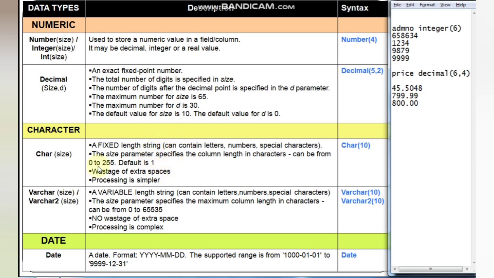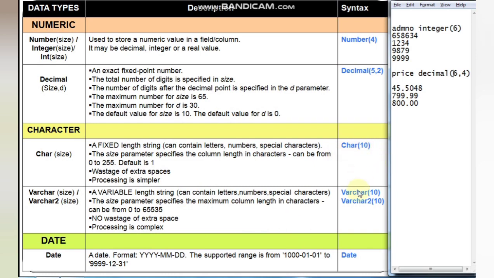The size parameter specifies the column length in characters, that is the total number of characters you can take. And variable length character string is varchar. So variable length character data type is varchar or varchar2. This also can contain letters, numbers, special characters, but we will see the difference in the next slide in detail.